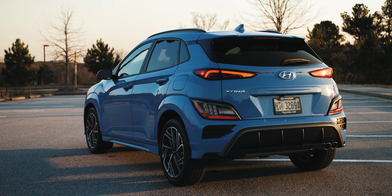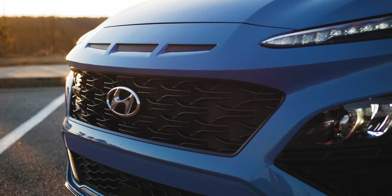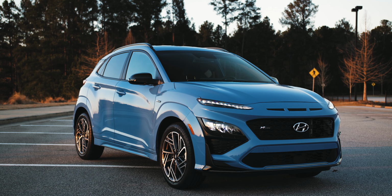Yeah, we're gonna get to this thing's primary flaw in a second. I'm gonna tell you why it was so unexpected and so disappointing. Mainly because there's a lot to like here, like the styling in my opinion. While the Kona isn't for everyone, personally, currently, I think it's one of Hyundai's better looking vehicles, which sort of